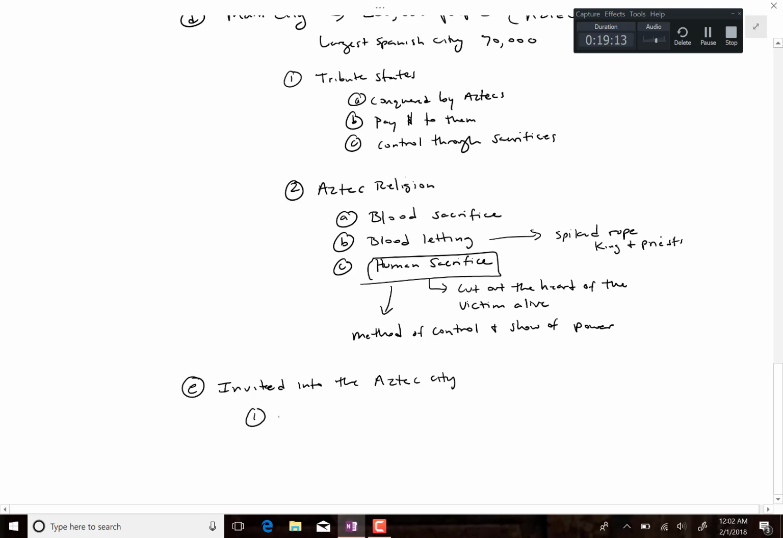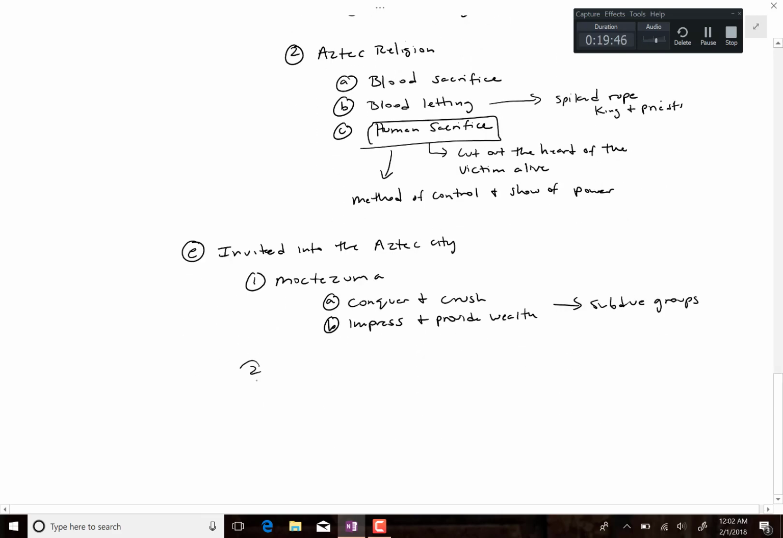And the king, Moctezuma, did a tactic with them. There were two ways that he did it: conquer and crush, essentially destroy you, or impress and provide wealth, right? And these were both seen as ways to subdue groups. If the group was seen as strong and he didn't think it was worth a fight or there was potential loss, this is what they did. And so this is what they did with Cortes